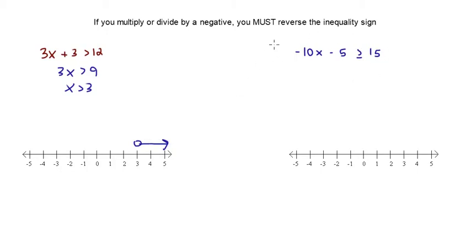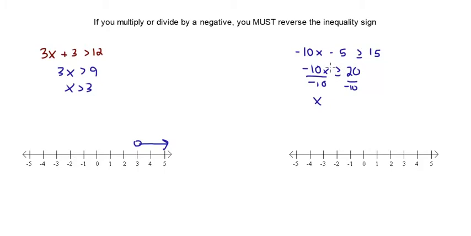So with that, let's do the same thing for this next one. We want to solve for that x, so let's get rid of anything that's not attached to the x directly to try and isolate it, and we'll get negative 10x, and we're going to add 5, right? So add 5 to both sides and cancel this negative 5 out, and we get on the right side a 20. And now what do we do? We're going to divide both sides by negative 10,